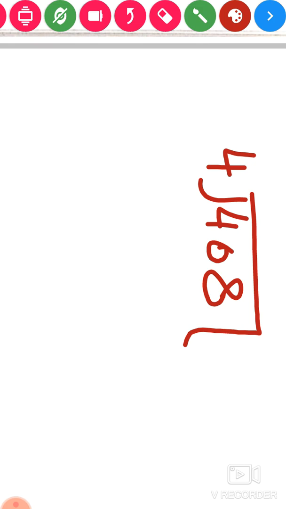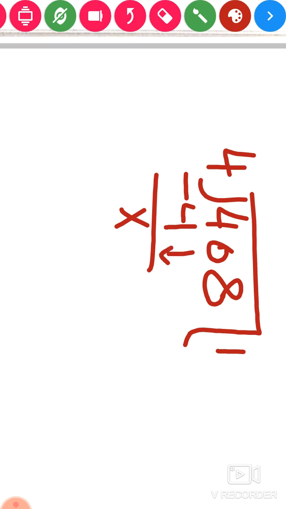Okay, let us start. So do we get 4 in 4's table? We will start with this number. Do we get 4 in 4 table? Yes. One time 4 ones are 4. We will subtract 4 from 4. We will get a cross here, है ना? 4 में से 4 गया, कुछ नहीं. Now we will carry down 0.